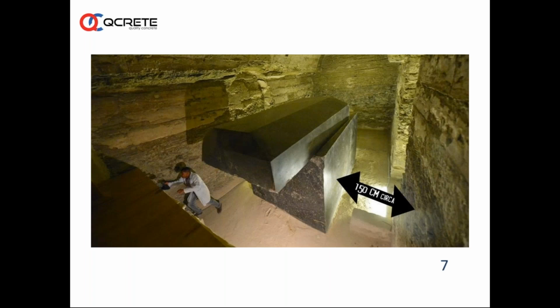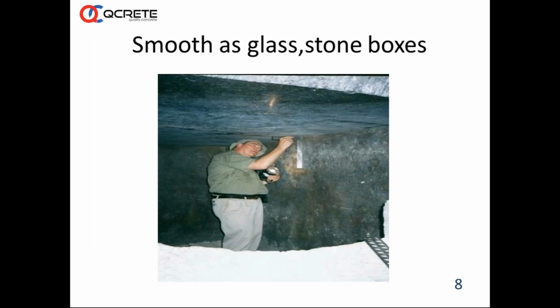For example, this is a granite box found about 200 to 300 feet below the ground level in Saqqara in Egypt. You can see the polished surface, how smoothly it is done. It is about 85 to 90 tons. Here we can see how perfectly, at that time, such a beautifully polished surface was achieved. This is between 3,000 to 4,000 years ago, as the age is estimated. So 3,000 to 4,000 years ago, they had such quality standards,